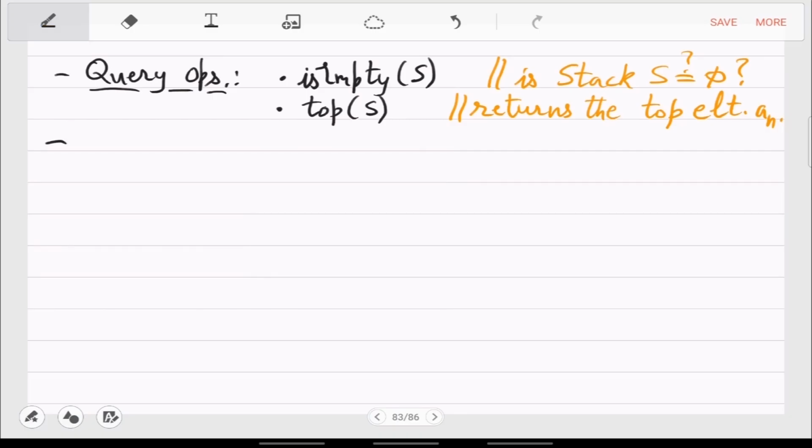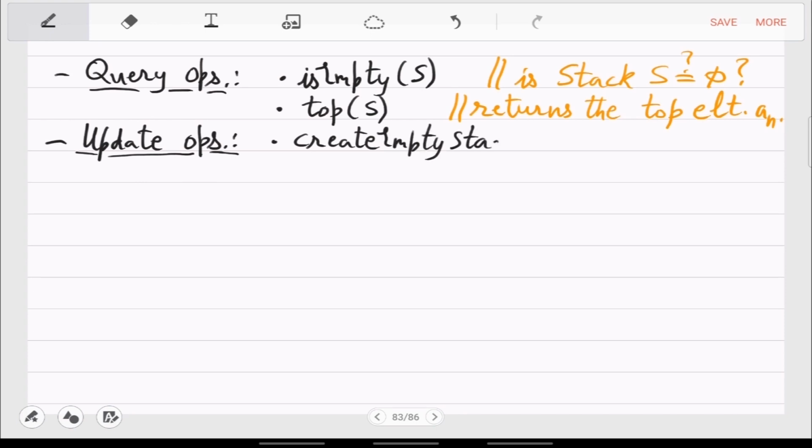Now for the write permission, you need these update operations. This is create empty stack, as the name suggests.